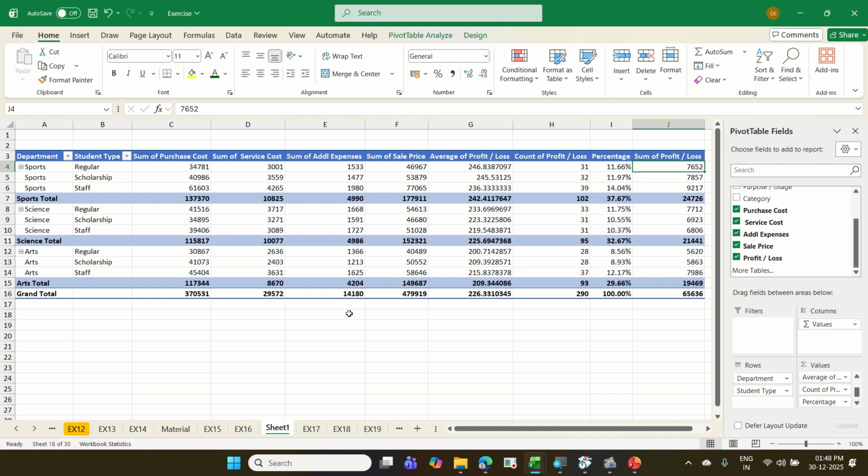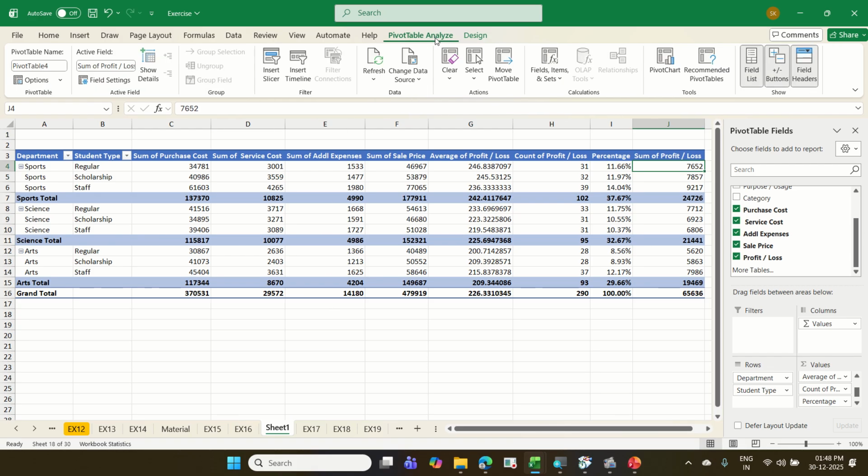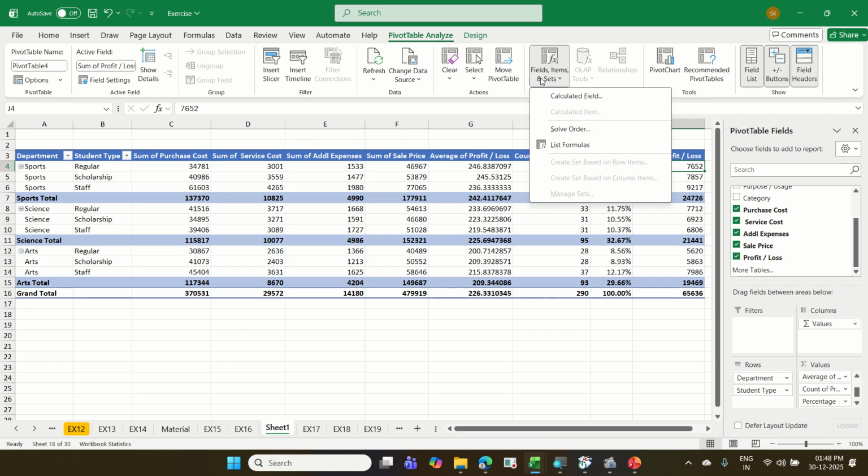How do we create a formula inside a pivot? Go to the tab called Pivot Table Analyze. Under that Analyze, go to Fields, Items and Sets. There is Fields, Items and Sets, and then Calculated Field. Analyze, Fields, Items and Sets, Calculated Field. Or you can use the shortcut key